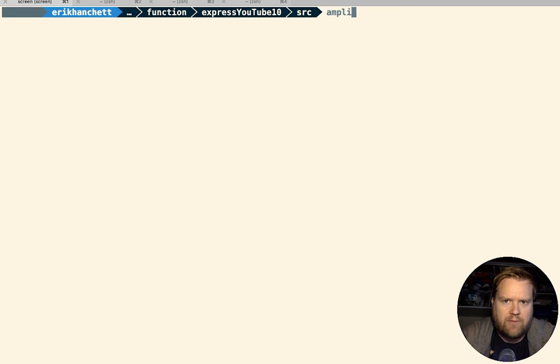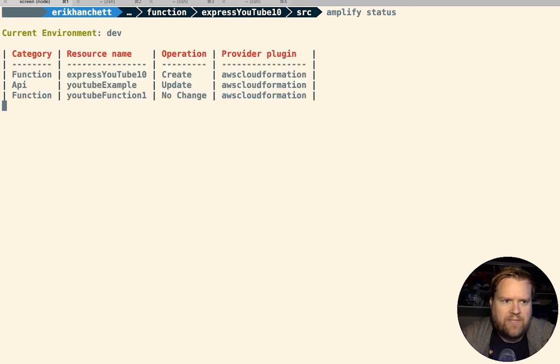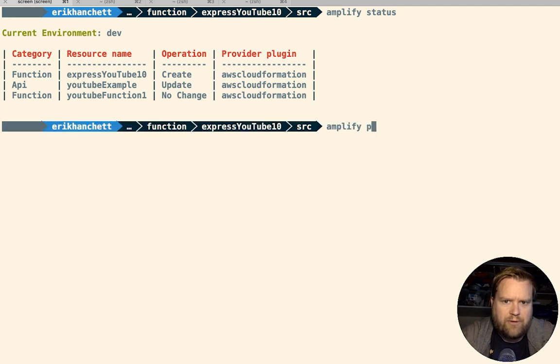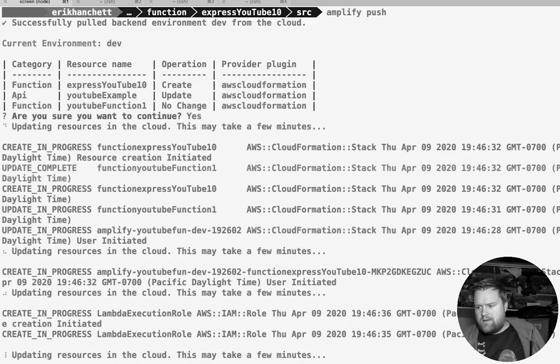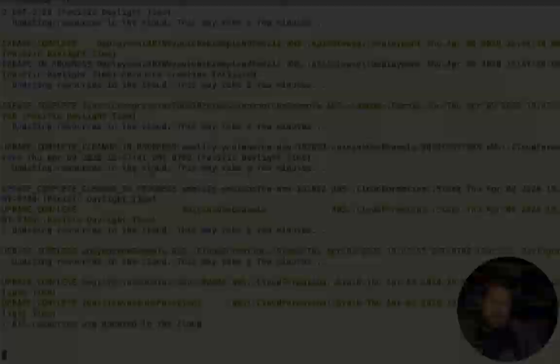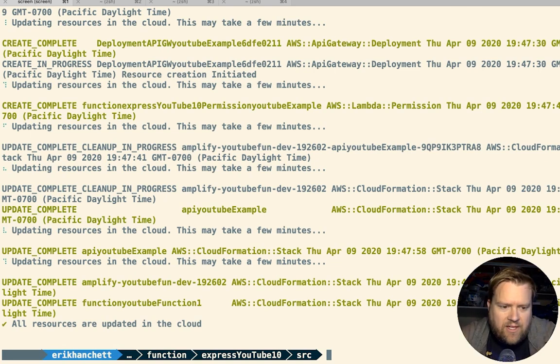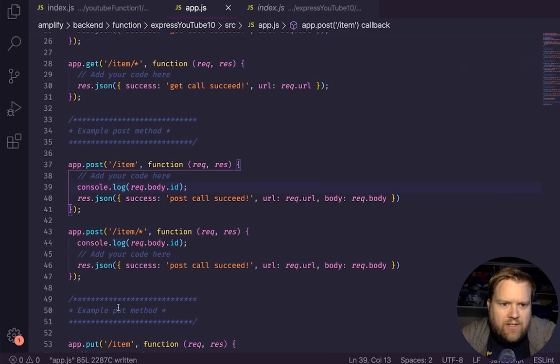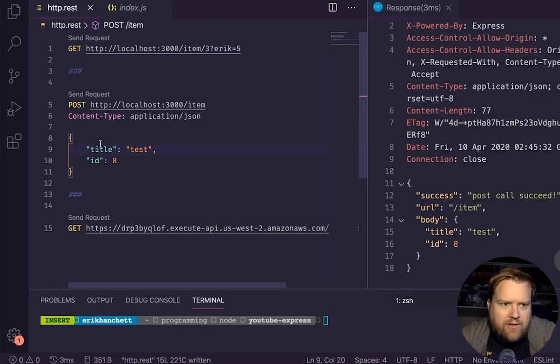So let's see if we can push it. Remember, amplify status. Here we have an update to the API, and we have a new function. So I'm going to do amplify push. We're going to see if it goes through. Let's just take a moment. All right, cool. All the resources updated in the cloud. So if we go back here and we remember,